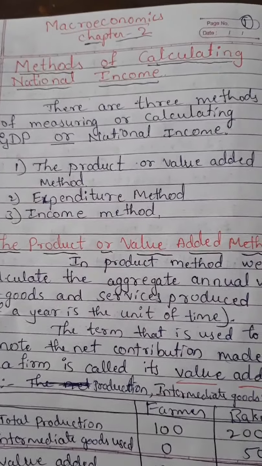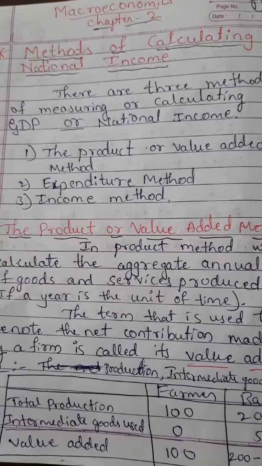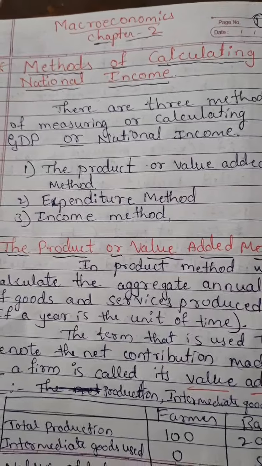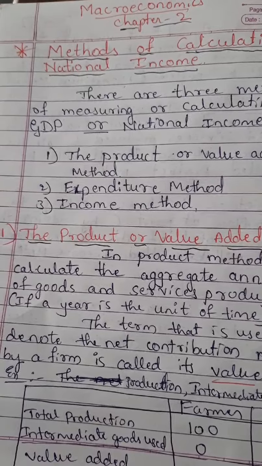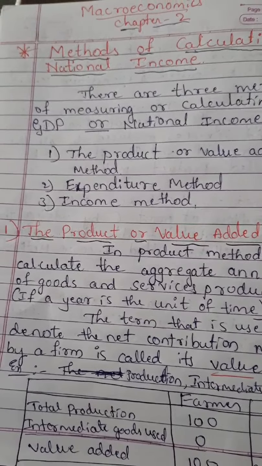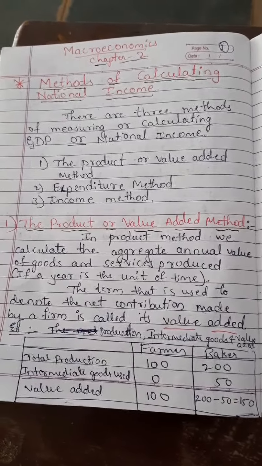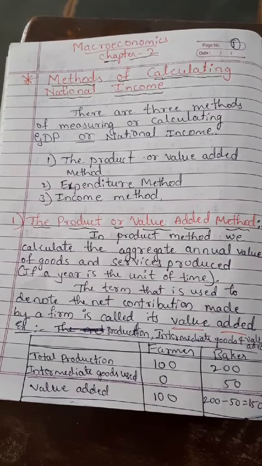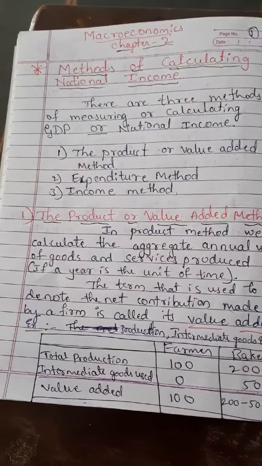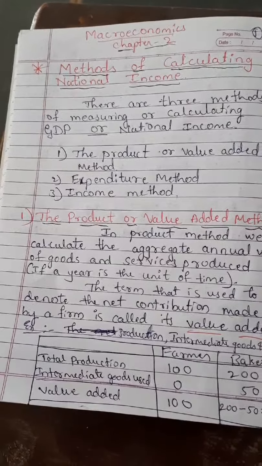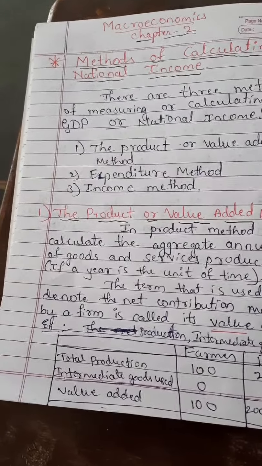In this chart we are discussing three methods: A point, B point and C point in the circular flow of income chart. A is the point of spending on the goods from the firms, that is the expenditure method. B is where the firms produce goods and services and sell them to the household sector, that is the product method or value added method. And the third one is the income method: the factors of production get payments from the firms, that is called the income method.